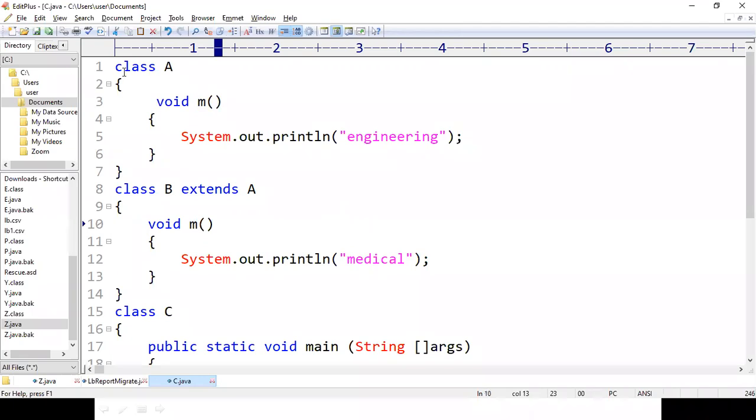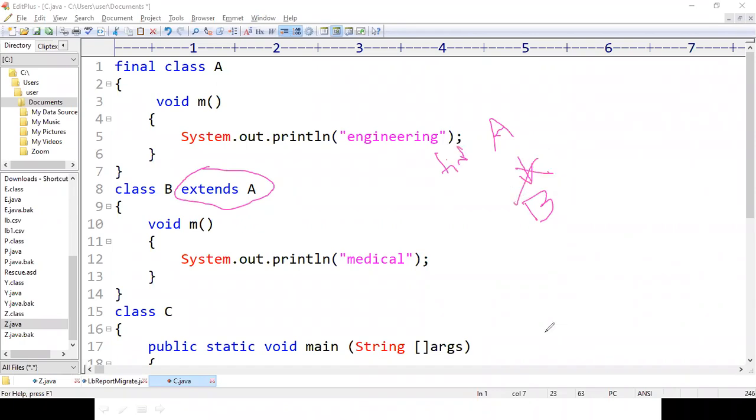Let us see the third usage of the final keyword here. What happens if I keep the final keyword along with the class? As we studied earlier, when we use the final keyword along with the class, this cannot be done. So we have a class A and class B. Initially, class B is inherited from class A, and if class A is declared with the final keyword, this inheritance cannot be done. We can prevent the inheritance of class A into class B when we declare class A as final.